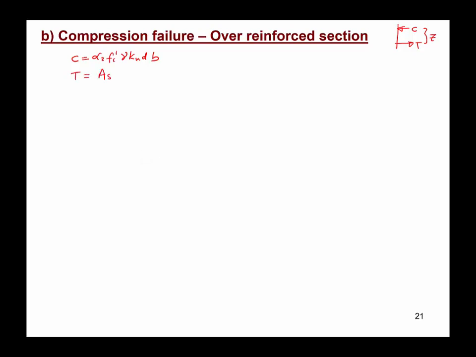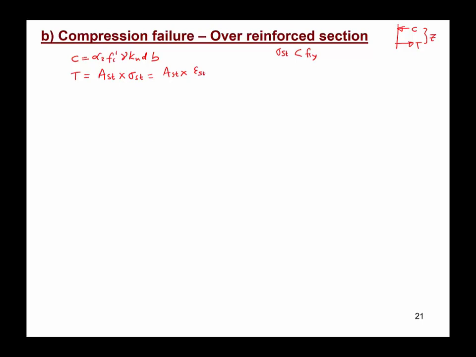and the tensile force in the steel is given by the area of steel multiplied by the stress in the steel. Now please note that the stress in the steel, we do not know it yet, because it is not equal to fsy. So sigma st is less than fsy somewhere, so we do not know exactly what it is. So what we can do is write sigma st in terms of the strain in the steel